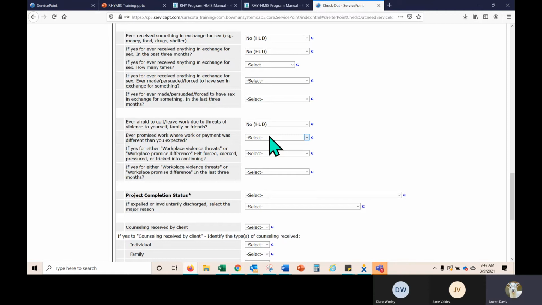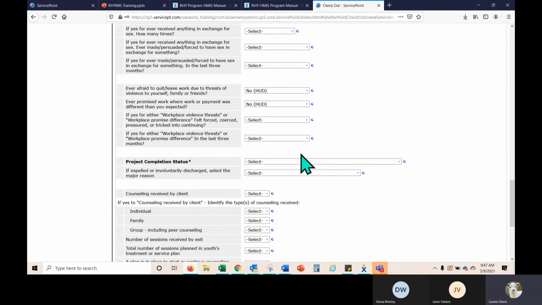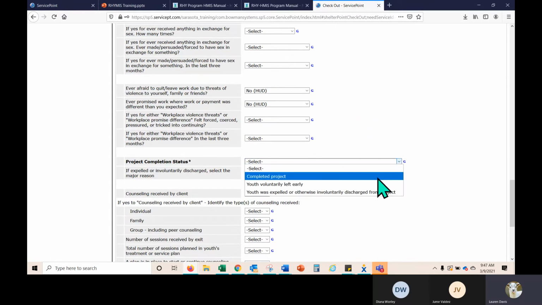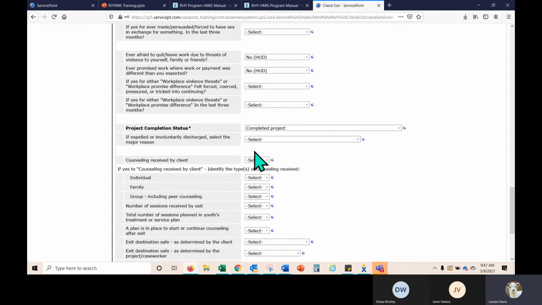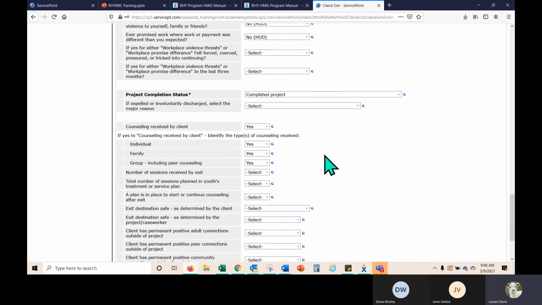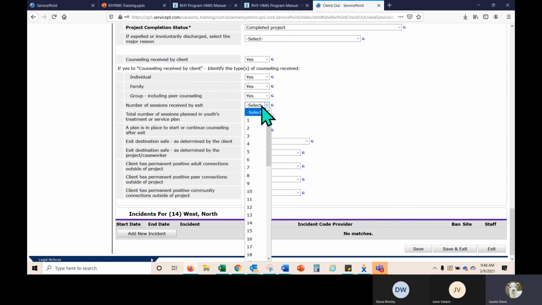Okay. So then we would just proceed. As you can see, Diana, we just are asking these questions, responding to the client and just telling their story. Counseling received by client, yes or no. We're going to say that she received individual, group, and peer family counseling. Identify the number of sessions that she's attended.